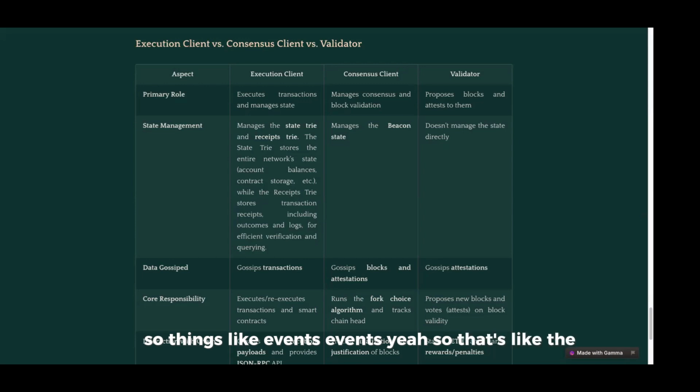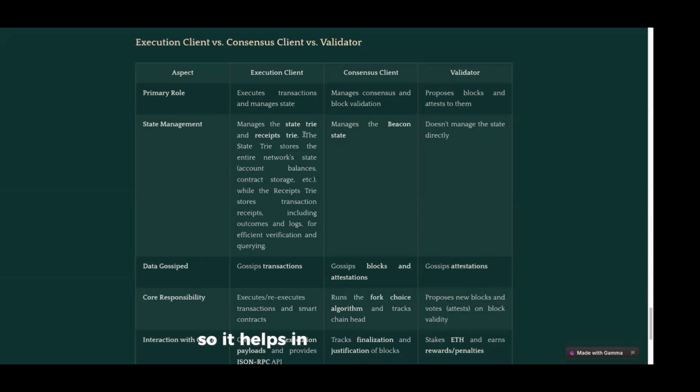The execution client is the part that handles things like events basically. Yeah, so it helps in querying the blockchain,